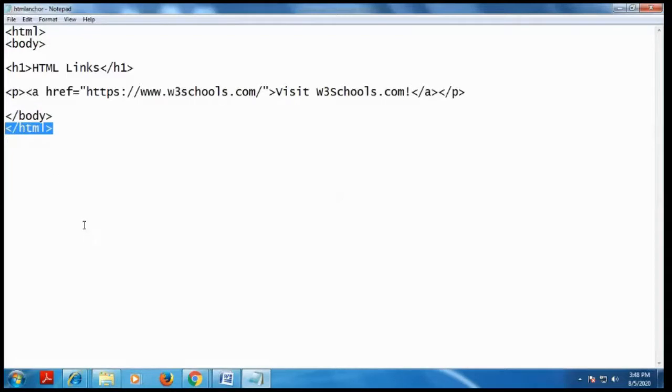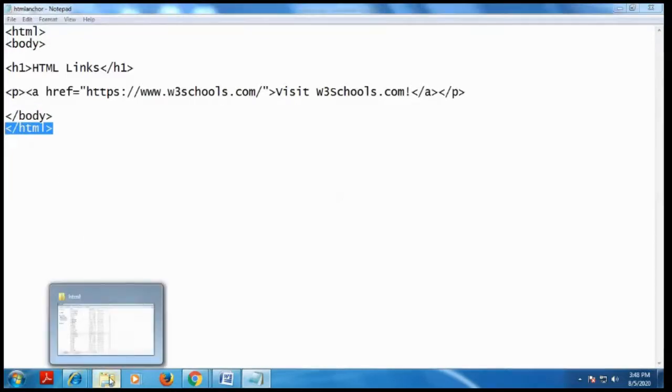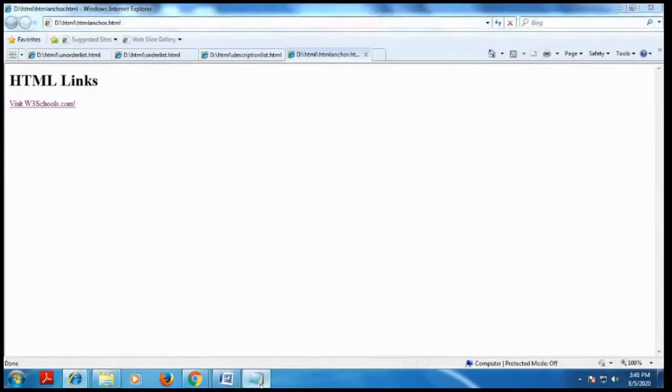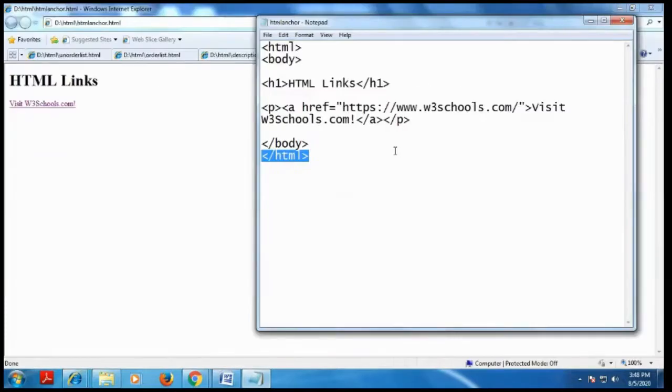is closed. How to display the output? You see like this. You see, this is the HTML anchor tag. We give this input. Here the h1 tag I represent, so HTML link is there. I have to put the content, visit w3schools.com. You see like this, it contains a line. What is the meaning of this line? It is linked to another document. If you scroll the mouse button, you see like this, so you have to link some other document. Okay, this is the meaning of this.